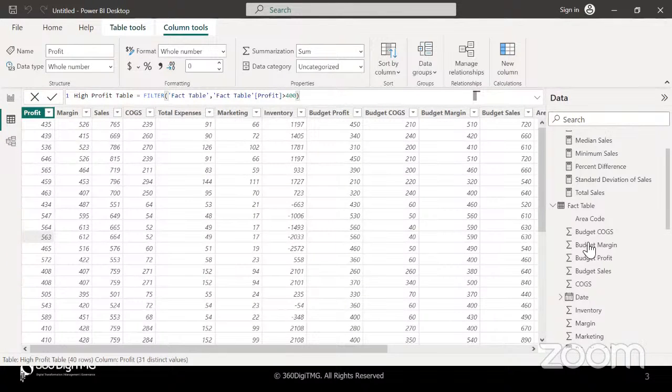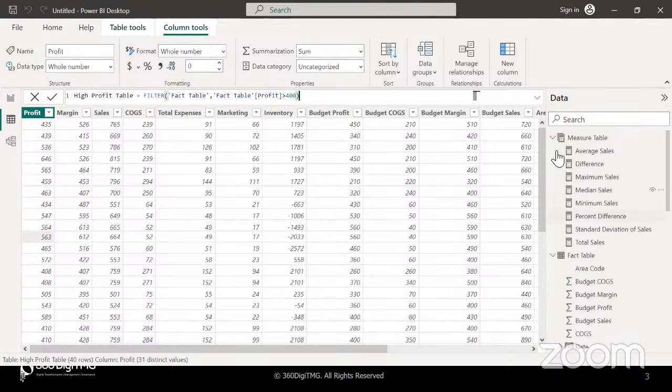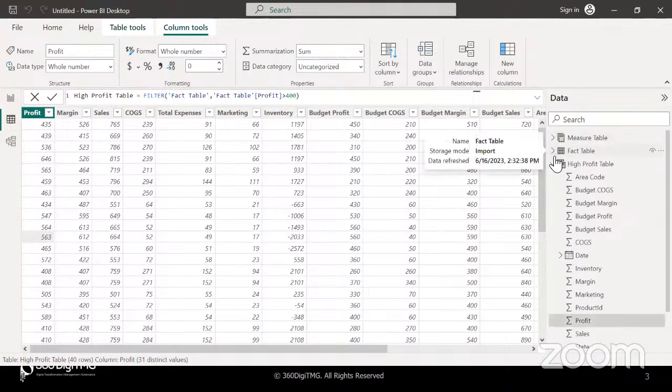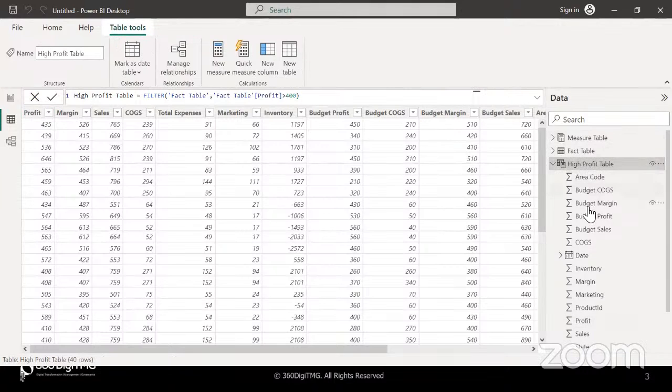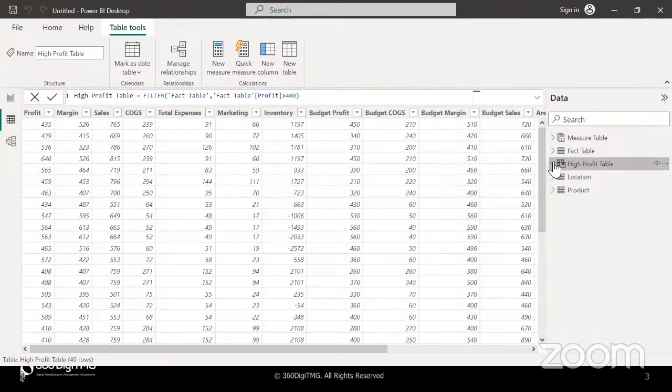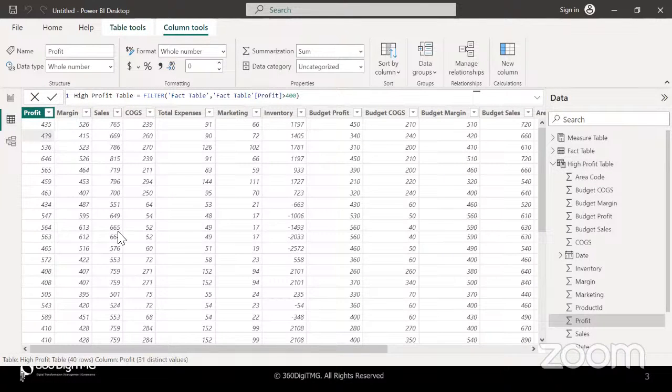So this is stored in a completely different table altogether now. The high profit table has all the fields of the actual fact table, but the number of records are limited because it's now storing only those transactions where the profit is greater than 400. I hope you're getting the significance. So filter is going to help you write filter conditions in the formula based on which you can fetch the data that you need or work with the particular member with which you would like to work. All right, so now